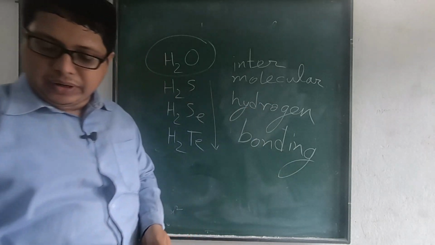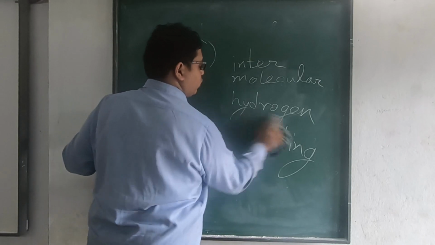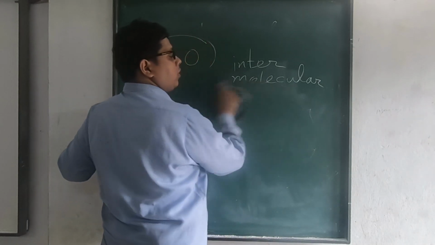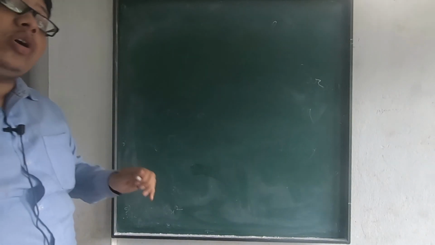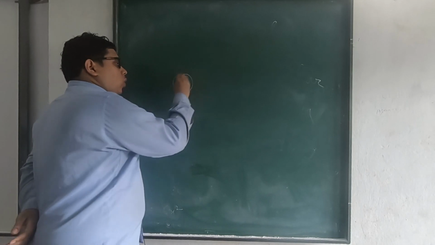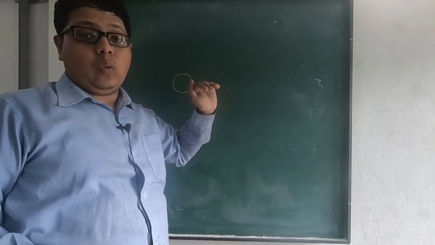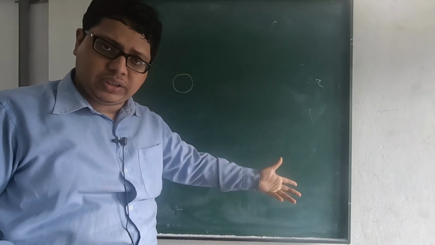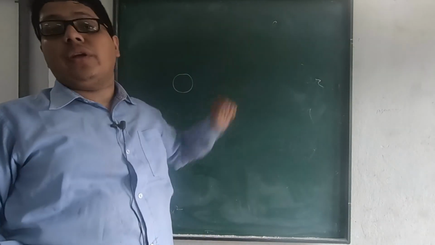Let me discuss a little bit in detail. See, water is a polar covalent compound. That you have known. Water is a polar covalent compound. That you have known in class 10 also. It is not new to you. Oxygen is obviously having high electronegativity, second only to fluorine, is it not? So oxygen has high electronegativity.